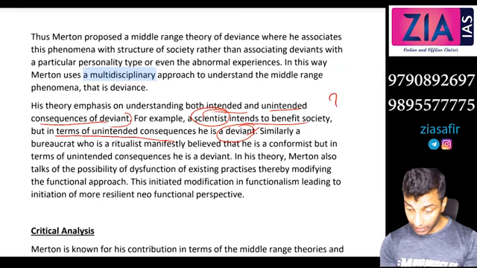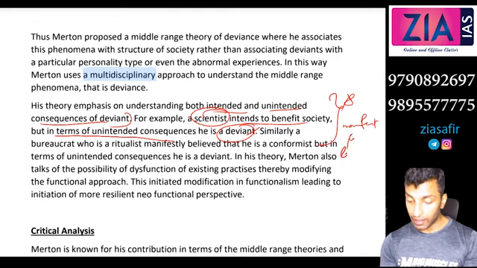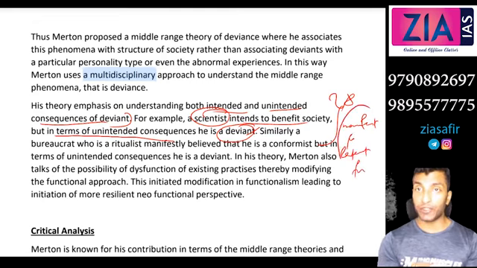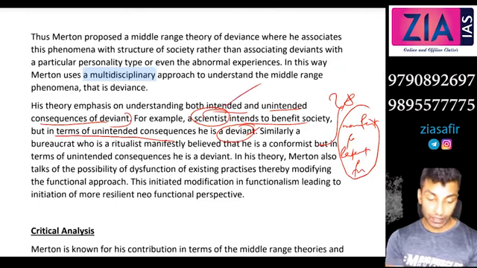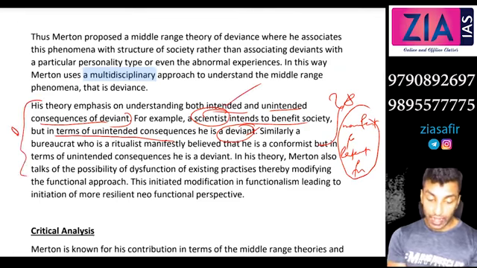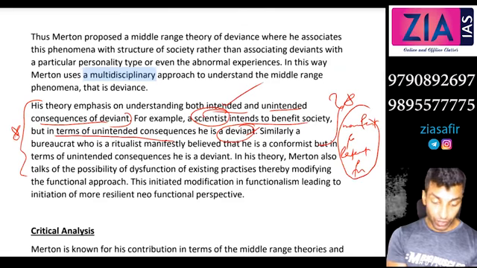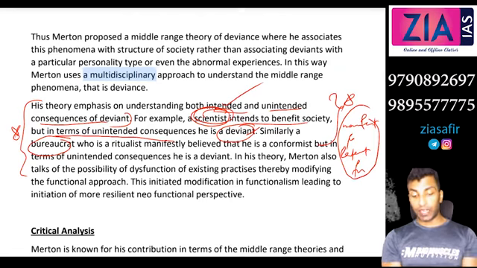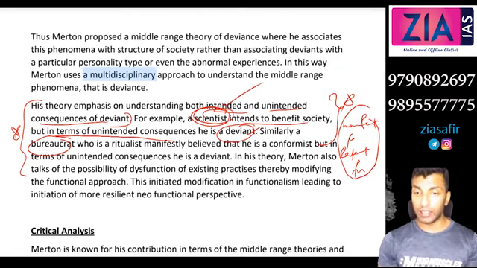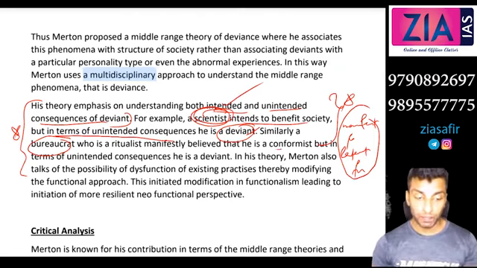So this has to be written where? If the 10 marker question is about manifest and latent function, you also need to talk about this particular situation. I hope you understood. Similarly, you can talk about the bureaucrat who is a ritualist, who manifestly believes that he is a conformist because he thinks he is following the rules,